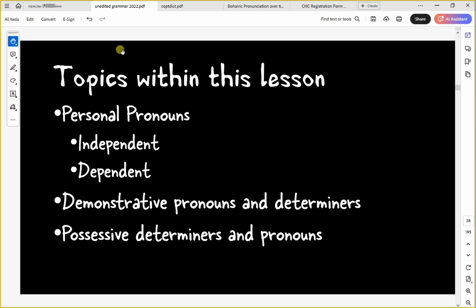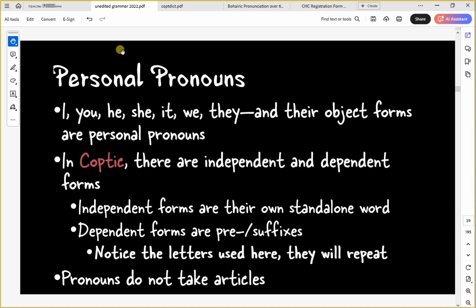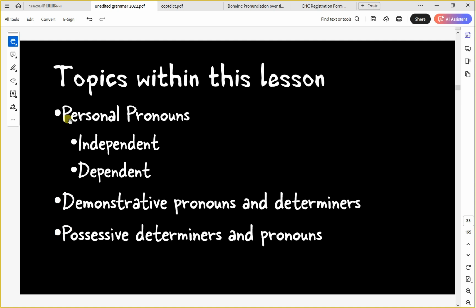So topics in this lesson are personal pronouns, and in Coptic we have two types, independent and dependent. We have demonstrative pronouns and determiners, and then we have possessive determiners and pronouns. So the personal pronouns, by the way, just for definitions, demonstrative pronoun and determiners means this, that, these, those. Possessive is like my, your, his, her, just for terms. A personal pronoun is I, you, he, she, it, we, they,